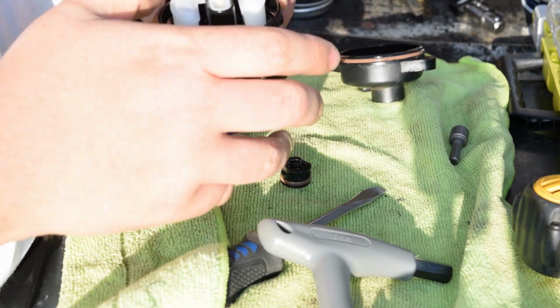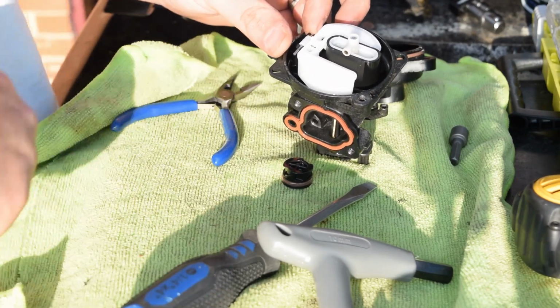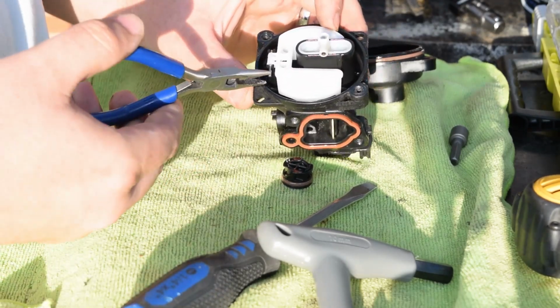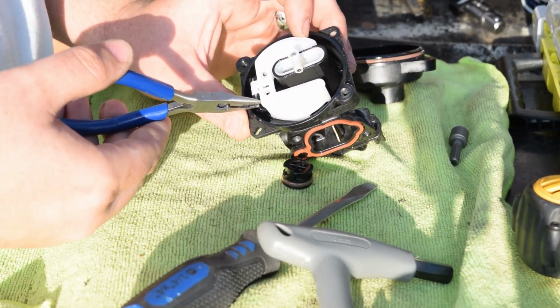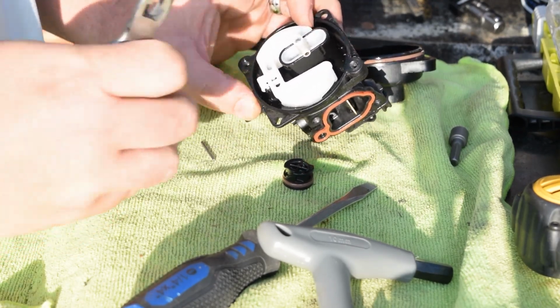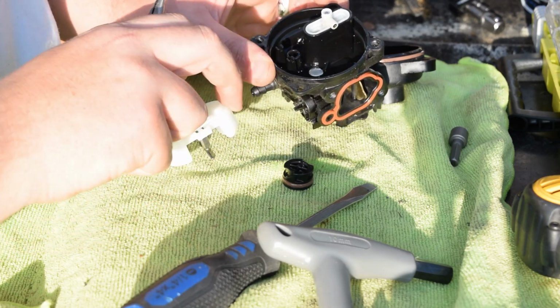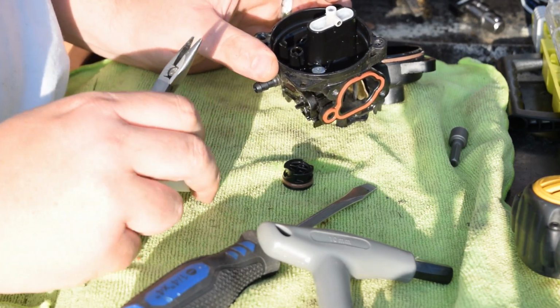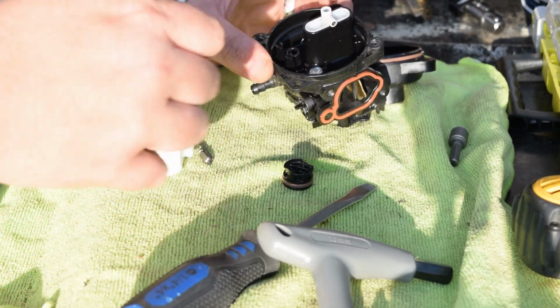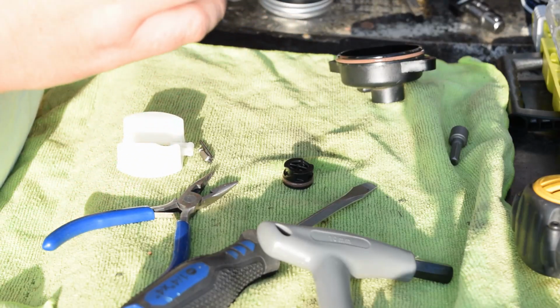Same thing like most other carburetors. So it's gonna have a pin. That pin's gotta come out. Take your pin out. That's gonna free your float bowl and your needle valve. So float bowl, needle valve, and